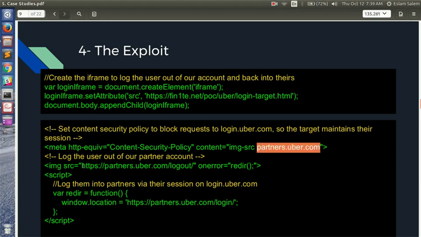When the image loads the logout, it logs out from partners.uber.com, but it halts the redirect and triggers the onerror event. On the onerror event, he then redirects the window itself, the iframe, to partners.uber.com login. He wants the login to continue normally, to log back in with the victim account,